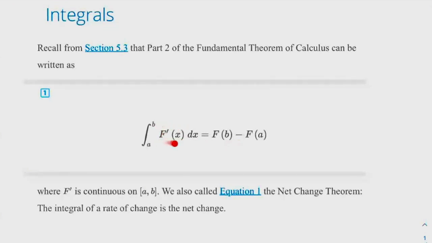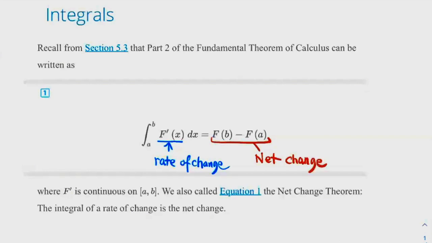So this one here is the rate of change. Remember, think about the derivative as the rate of change. And then what happened over here is this is the net change. So from a to b, how much the function value changed, the net change. So the way that I remember it, the integral of the rate of change is equal to the net change,